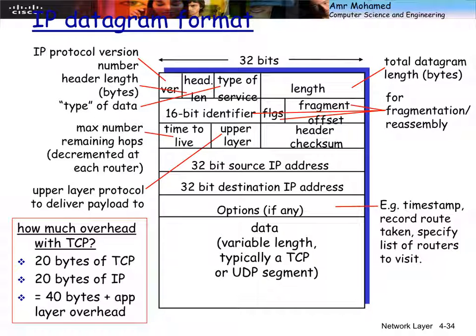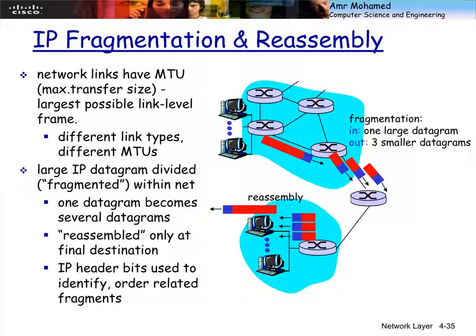About the header format for IP, we have mentioned the function of each of these fields, and we have highlighted these three flags which are used for fragmentation. Last time we said that fragmentation is one of the functions that IP version 4 performs to adapt to the different networks in each link,